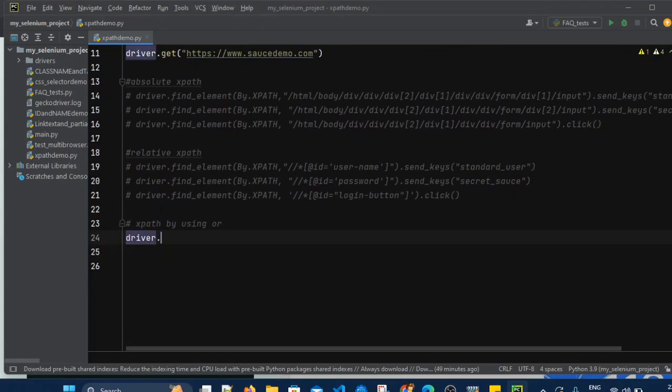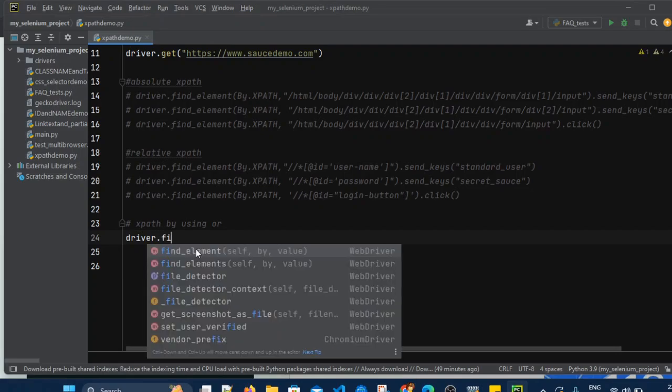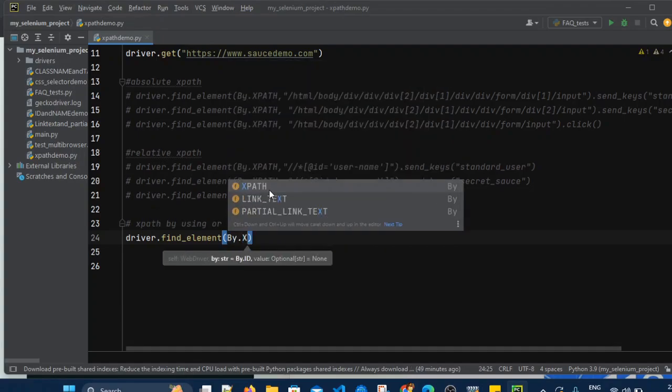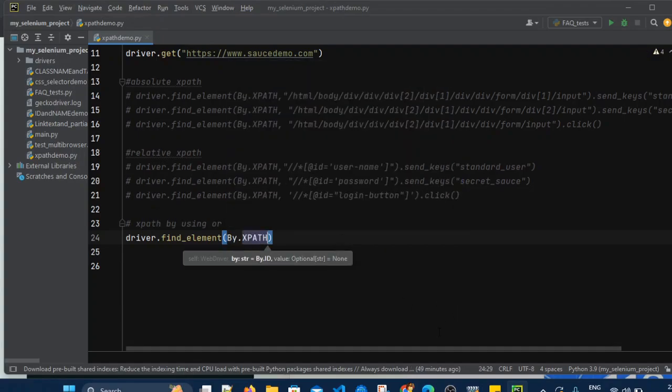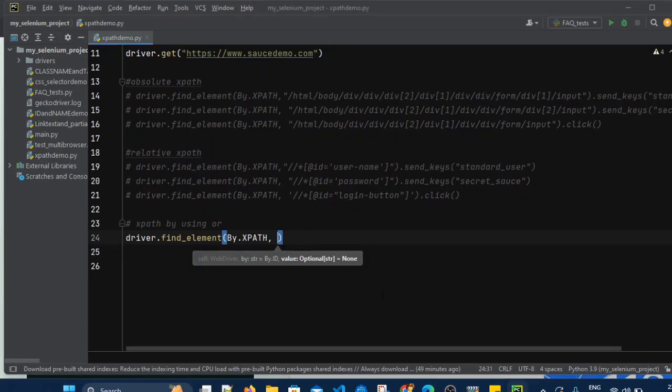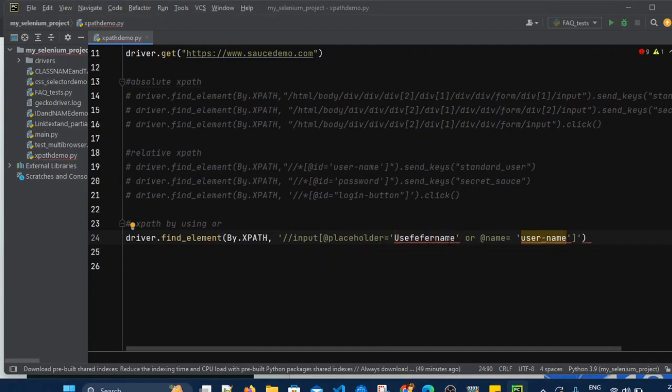So I will use driver dot find element by dot XPath, and for this username we have to put value. So what is the value? So we have taken this value, right, by using OR. So I am putting that value here. So this is the value which we have captured,